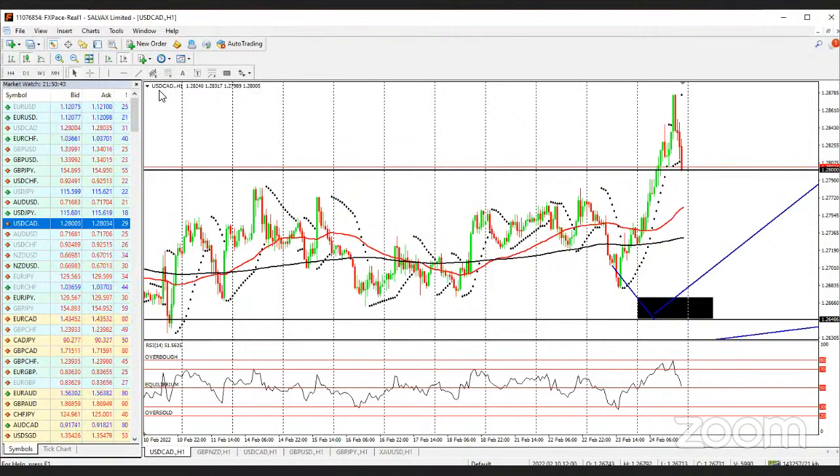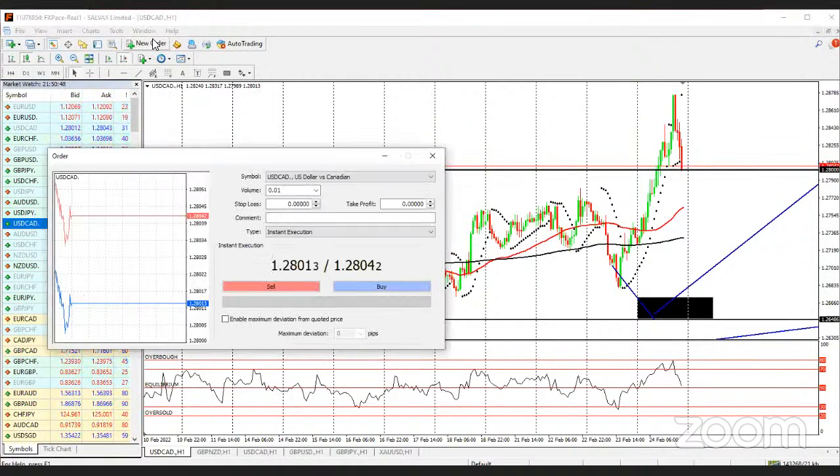So in a case that you want to buy USD and you just come to your chart, this is your buy order. If you just click buy, you are in this market. That means you're buying USD. Invariably, you are selling CAD. What it means is that you are saying USD will gain strength, that USD will appreciate in value over CAD. So you're buying USD to hold it, and when it appreciates, you make profits. Okay, so that is what we mean by base and quote currency.